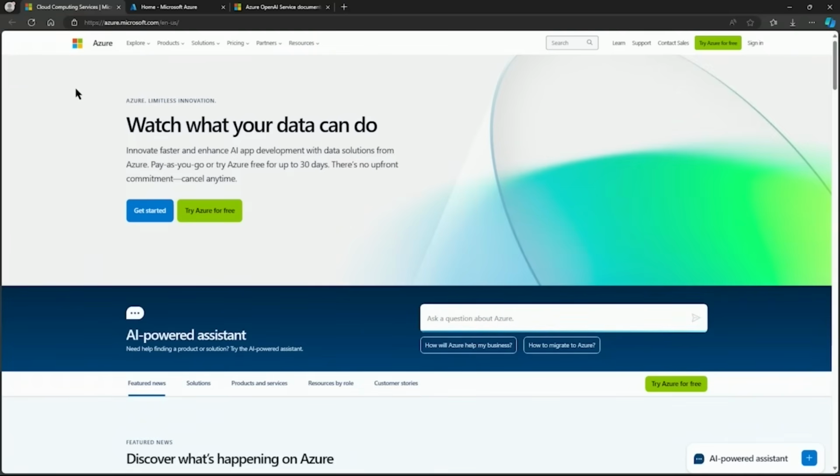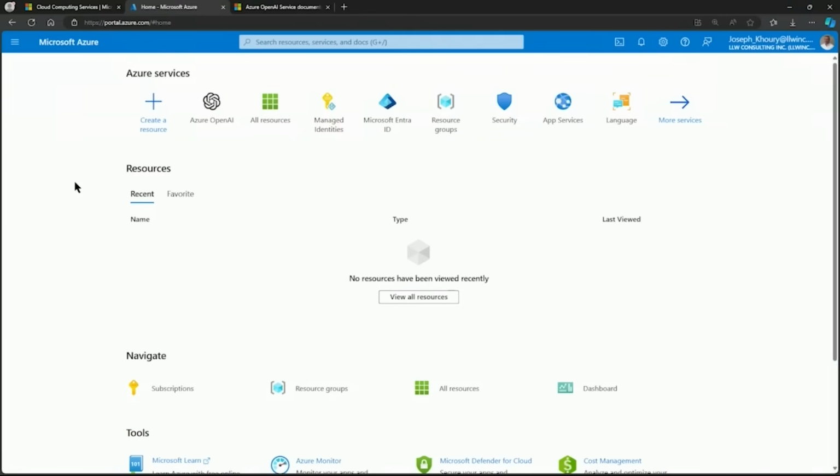Here, you can select Try Azure for free to open a free account if your organization doesn't already have an Azure account. Okay, on the second tab, I've navigated to portal.azure.com, and this is where you'll sign in once you have your Azure account. Now, on a third tab, I've navigated to